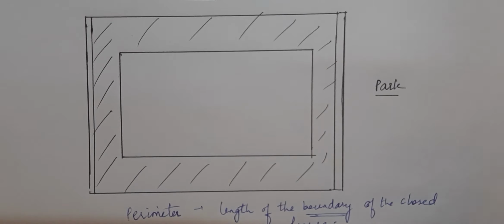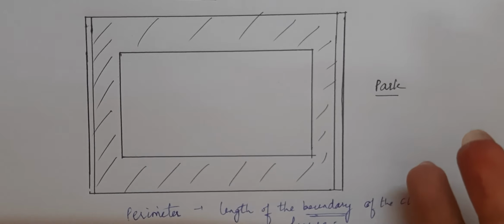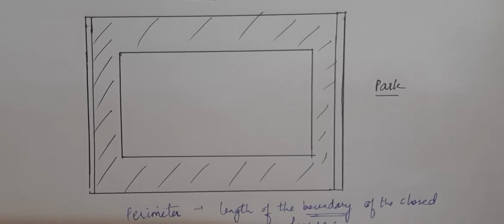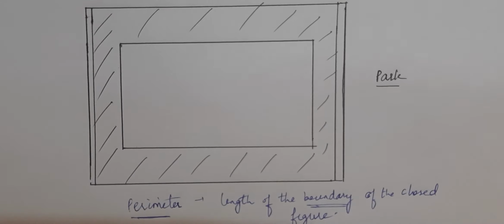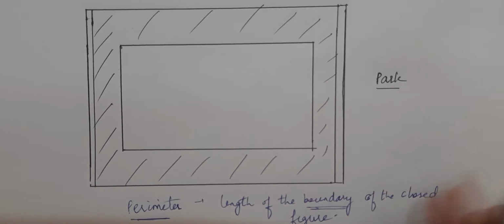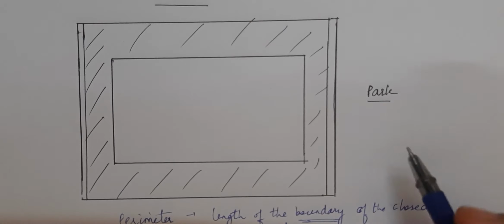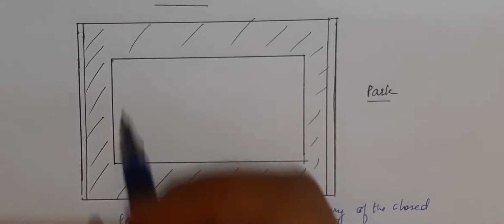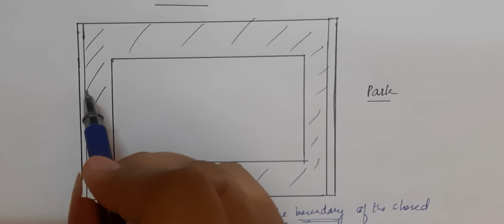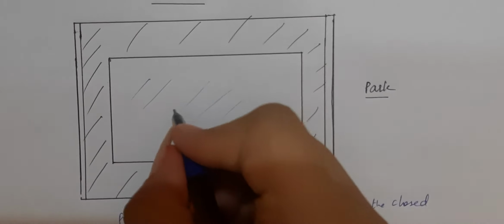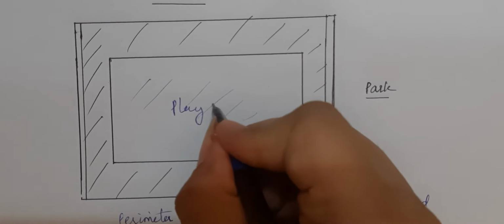that is a closed figure, and the sum of all the sides of it, and it should be a rectilinear figure. Rectilinear figure means having line segments, and all the sides should be added, and I can have the perimeter. So now let us take one more example. I am playing badminton in the park. If I am playing badminton in the park, that's obvious that I will not play on the pavement or the paths made. I will play inside the park.